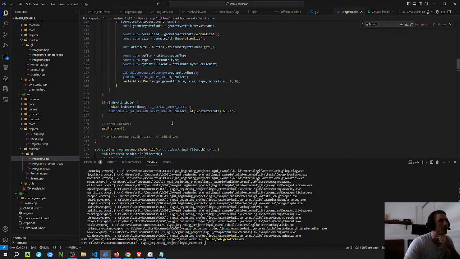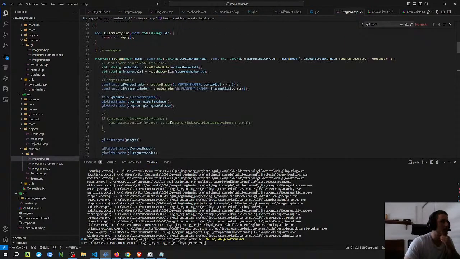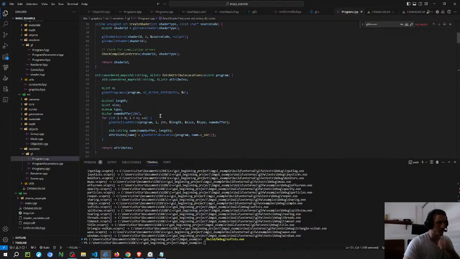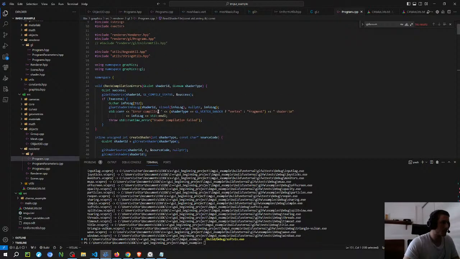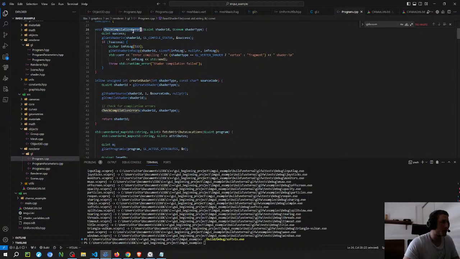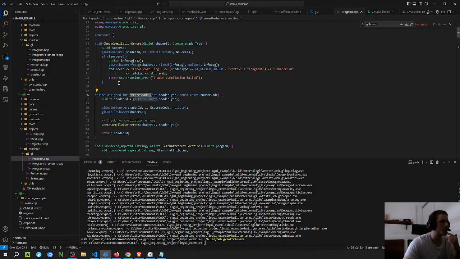I think it's to build the program that there is a check somewhere. Check compilation errors when creating the shader. So probably this function should throw an error if